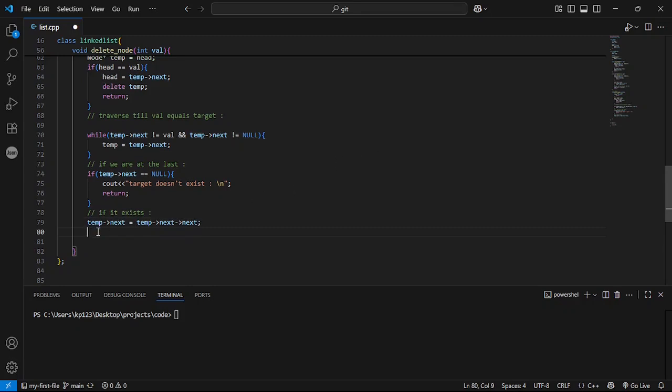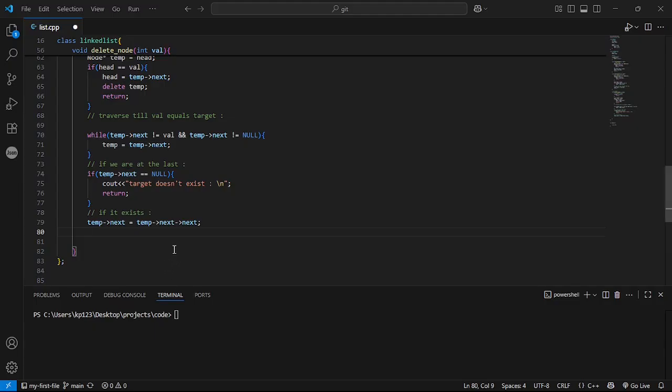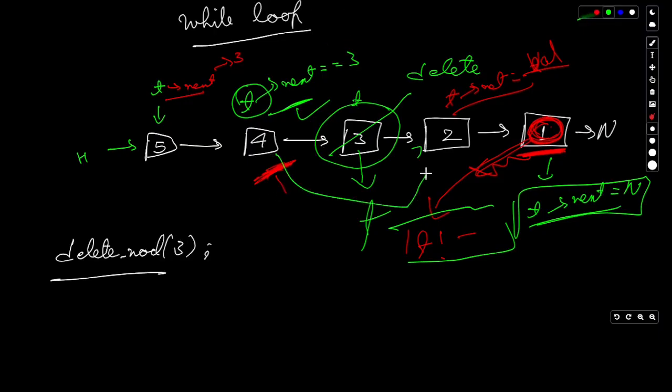So we'll be storing temp के next में क्या आएगा, temp के next का next आ जाएगा. ठीक है, तो आप दो स्टेप आगे बढ़ चुके हो यहाँ पर से. Now you are 2 steps ahead. Now we have changed this link towards here.